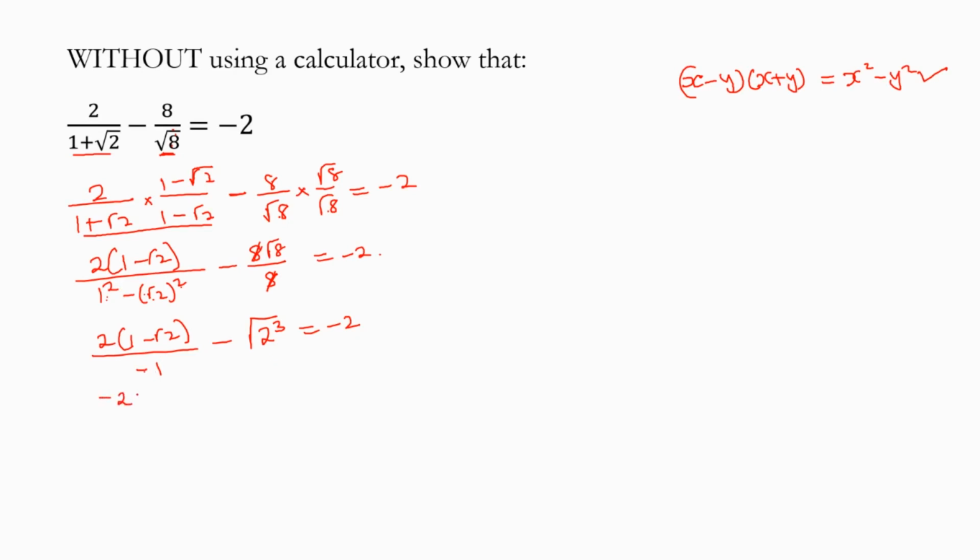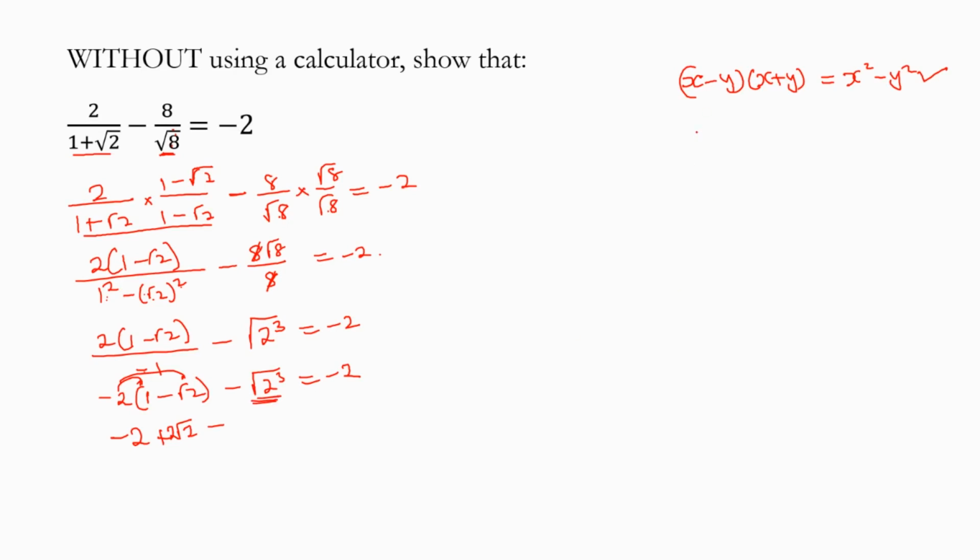So it becomes negative 2, and then 1 minus square root of 2 minus square root of 2 cubed is equal to negative 2. Let's distribute negative 2 here. It's negative 2 plus 2 square root of 2 minus, if you check this,